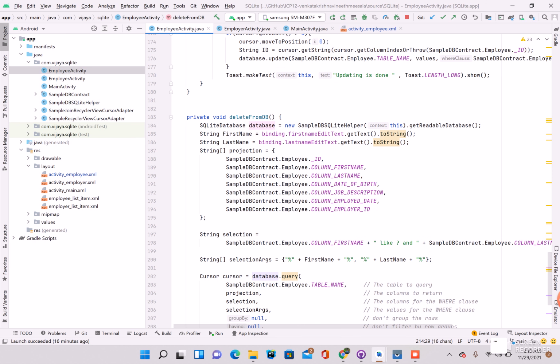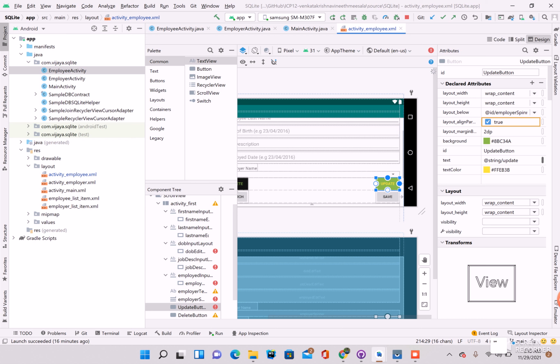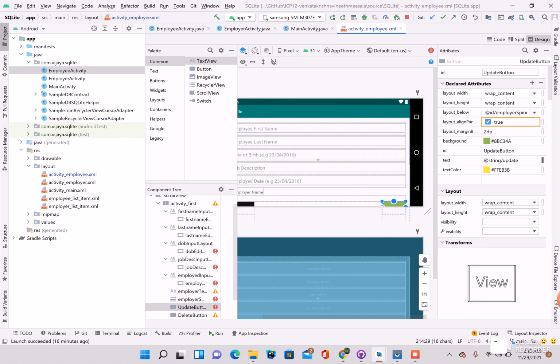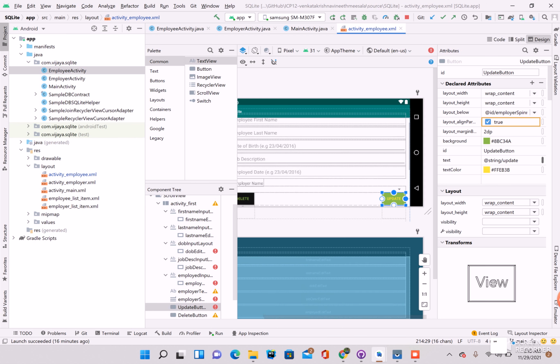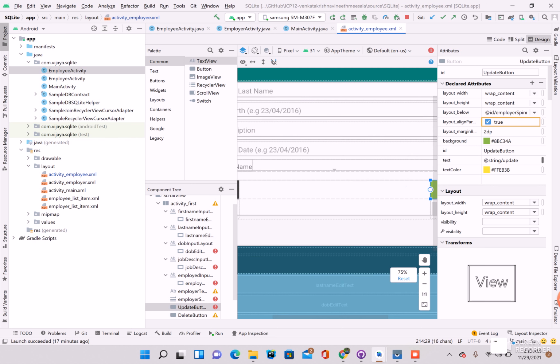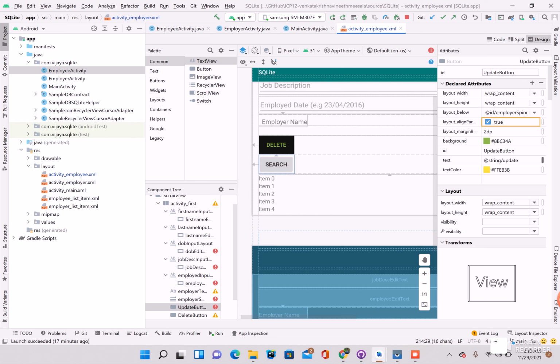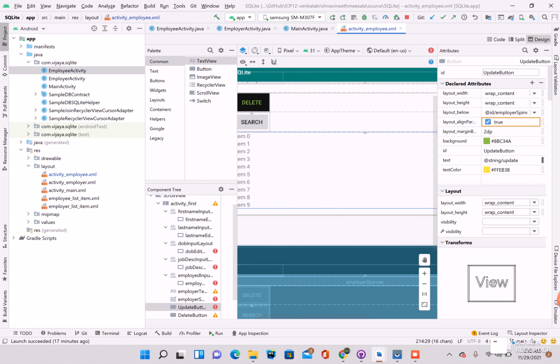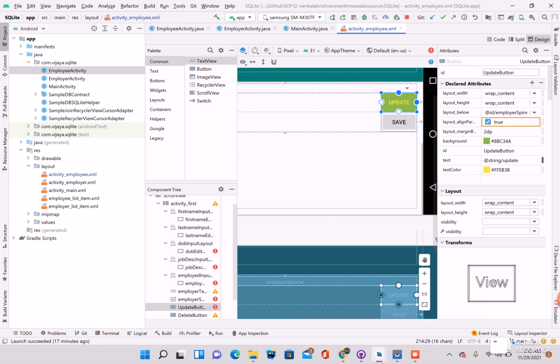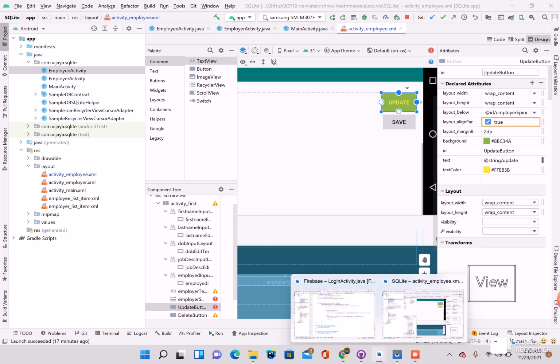Coming to the layout, I have just added two buttons, update and delete. Over here is the delete button, and over here is the update button. I have done some coloring to them, and this is all the code. Coming to the output of this code,